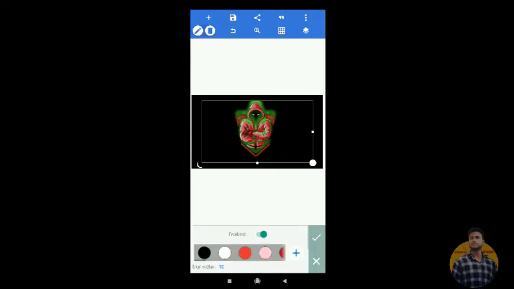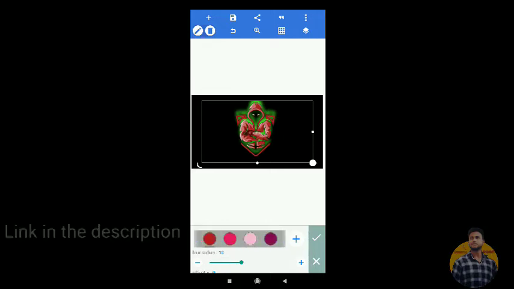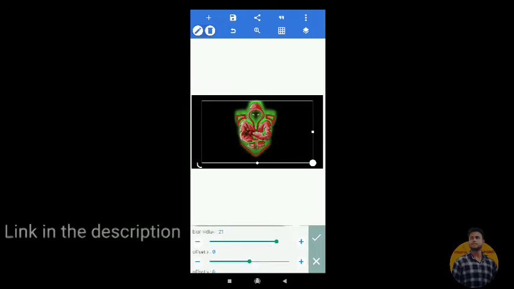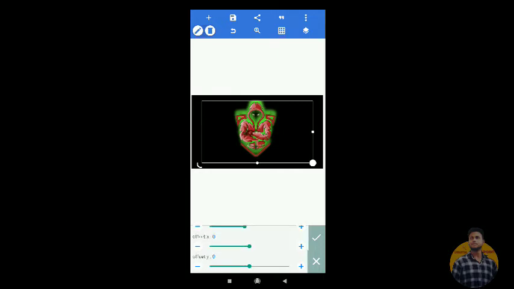Make it enabled. Choose a different color, any color. I am going to choose green. Make the blur radius up to 12. Now the opacity of Y, make it -36.